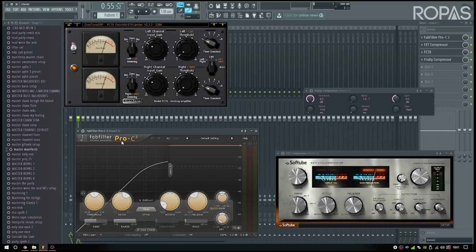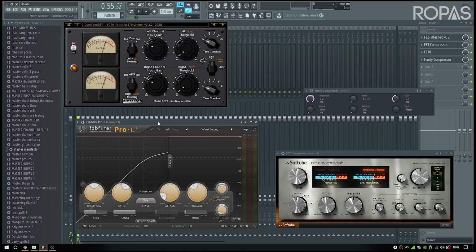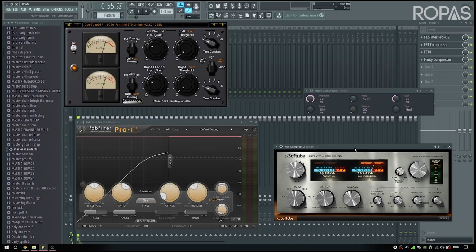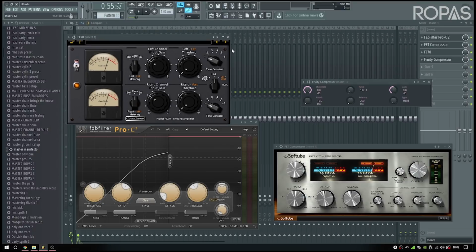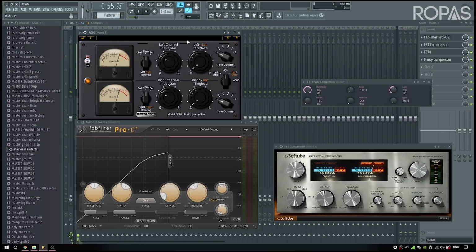Okay, here I opened a FabFilter Pro C2. That's the compressor I use for 95% of my compressions. That's a Soft Tube FET compressor. That's the Fruity compressor, the native compressor from FL Studio. And that's the FC70, another compressor that simulates the